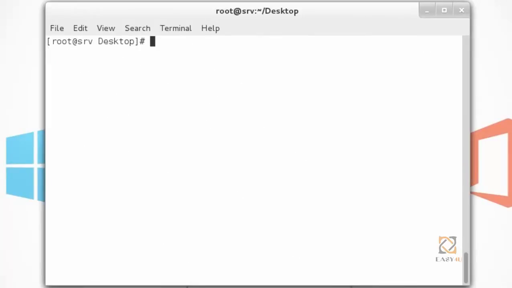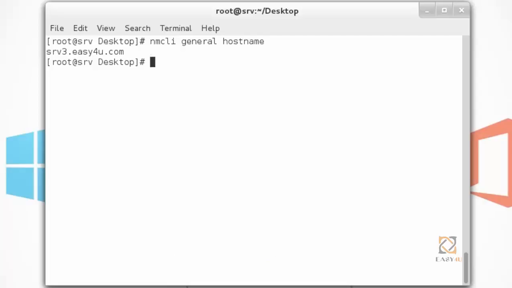First of all, I'm going to check the hostname using the nmcli command, nmcli general hostname. The current hostname is srv3.easy4u.com.